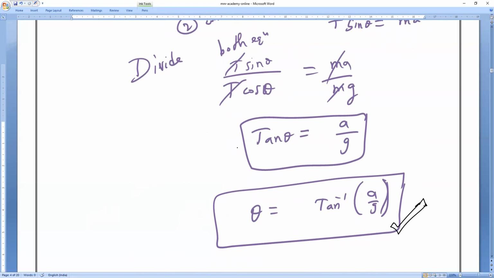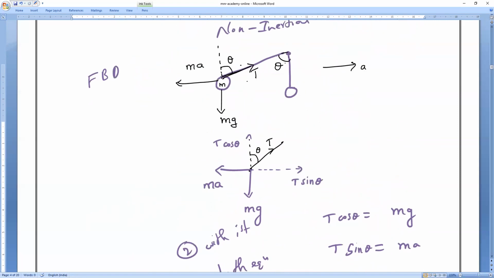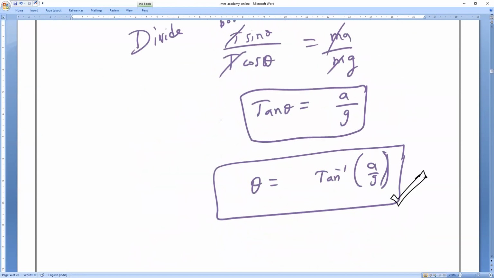Now, the same thing we can calculate, and we can prove that in the inertial frame also it is the same. Now you solve this. Do you all understand how to find it now? Everybody clear? Everyone, please respond. Yes, sir. If you understand this, shall we solve for the inertial frame? Are you ready?